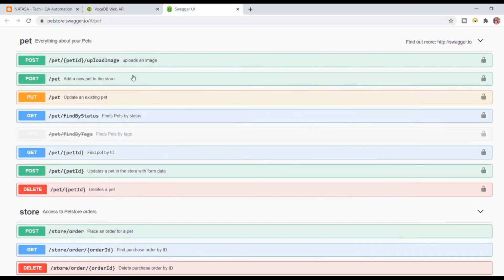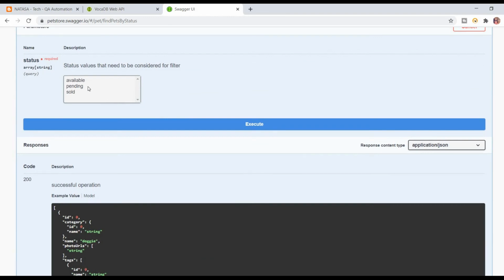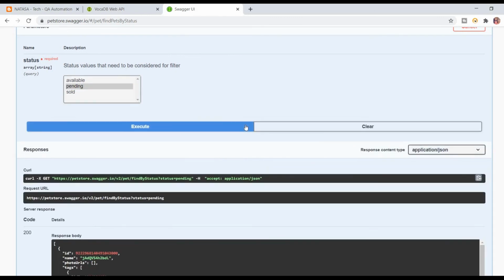The same way I'm going to test inside the pet Swagger. This is a very familiar one because everyone uses this pet store, and user and store different URLs are available. Here we can take the pet name based on the status. It's not showing editable mode, so click on try it out. Select pending. So what are the pets available under pending status? Those pets will give you a list of information. Okay, the server will give you the list of information. I just click on execute.